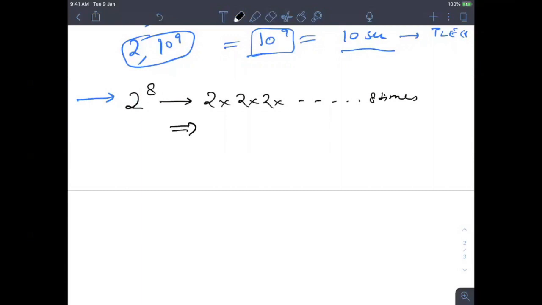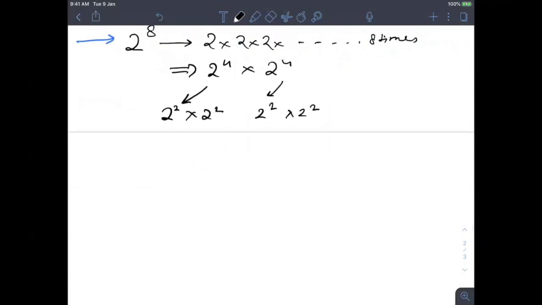So we have to multiply 2, 8 times. Now, if you look closely, I can write it simply as 2 to the power 4 into 2 to the power 4. Again, this 2 to the power 4 can be written as 2 to the power 2 into 2 to the power 2, and similarly for the other. So I can use this kind of method.